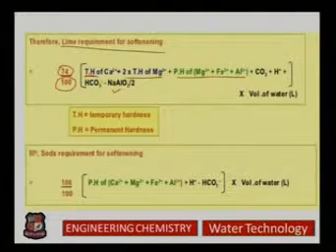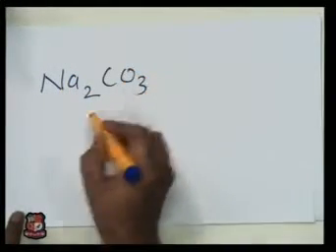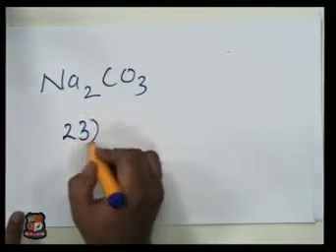Now, TH here stands for temporary hardness, as I already told you. PH stands for permanent hardness. So this is the formula for lime requirement. In the same manner, we can calculate the formula for the soda requirement. Soda is Na2CO3, and for the molecular mass of Na2CO3, the atomic mass of sodium is 23,